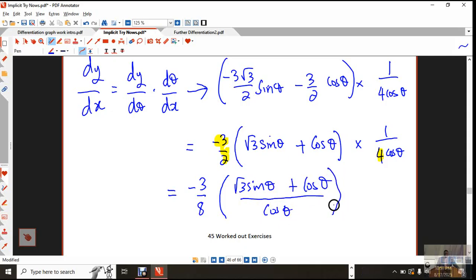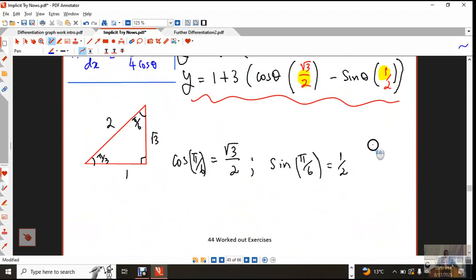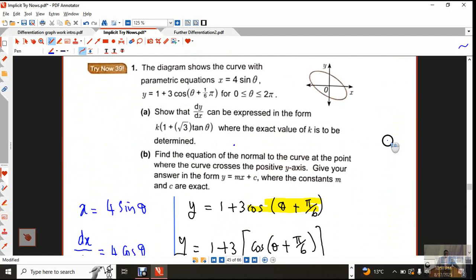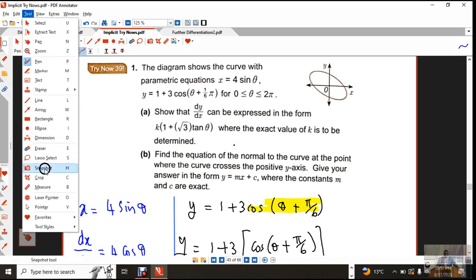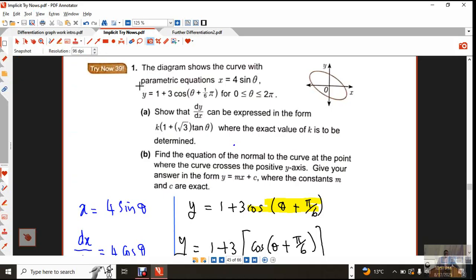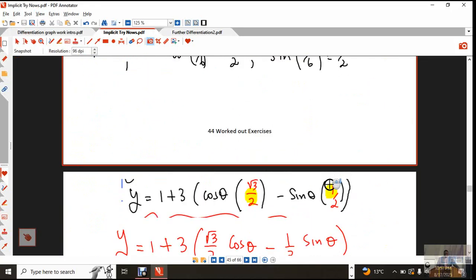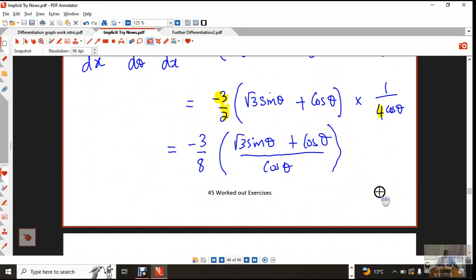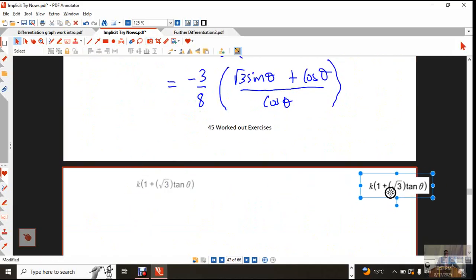Right. Now remember, ultimately, our goal is to write it in this form. So let me just grab that form so we can know exactly what it is that we are doing. And just save also. Okay, let's just take a snapshot. So we want to write it in this form, ultimately determining the value of k. All right. So let's just go down. I'm going to paste it over here so you can know what it is that we are